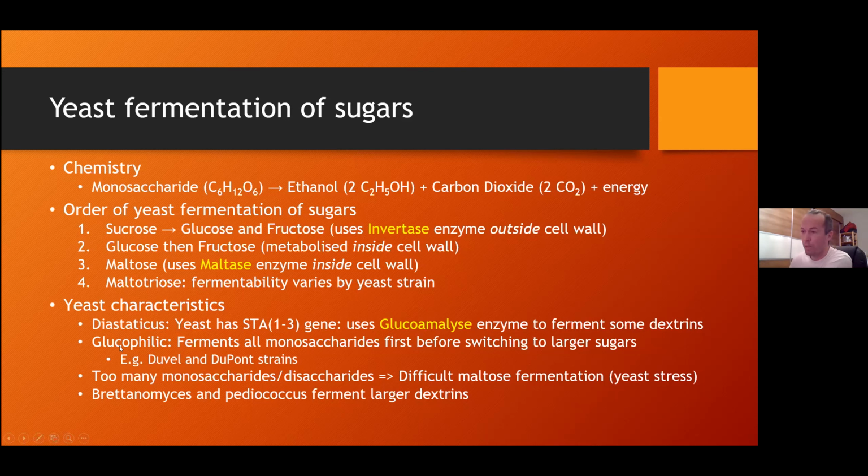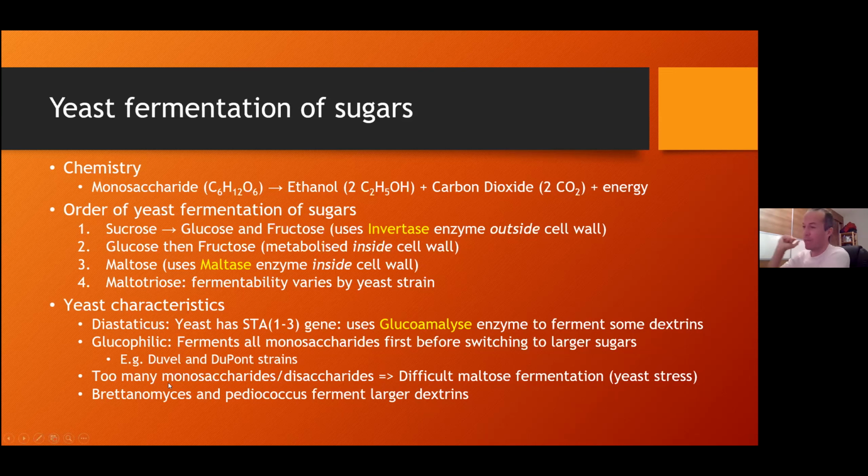Another one, which yeasts I hate, is called glucophilic. It means they prefer glucose first, and you see this in the Belle Saison and the DuPont strains. They eat all the glucose and fructose first, and then they stall on you. If you've ever used the DuPont strain to make a saison, it tends to stall at 1035, 1040. It's literally because there's no more easy sugar for it and it's sitting there deciding. It'll eventually ferment, it just takes ages to actually switch from its greens to eat the steak now.